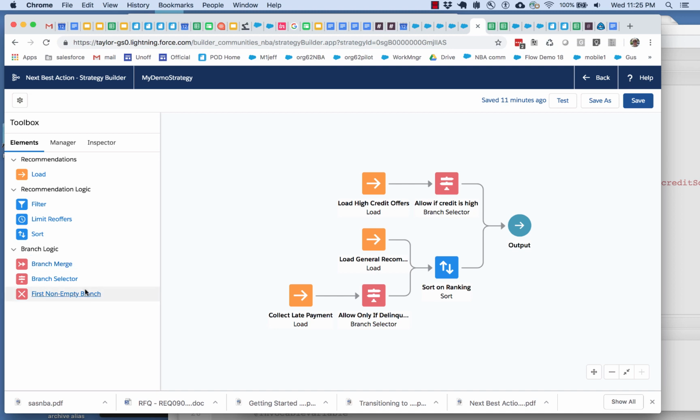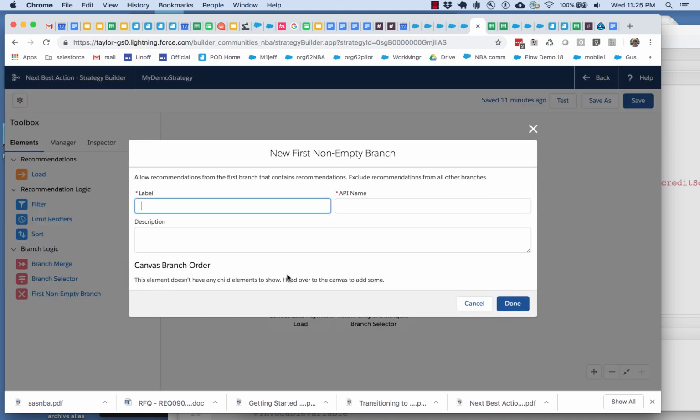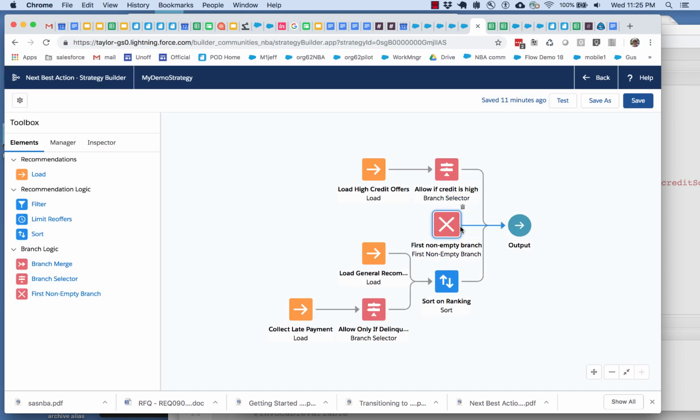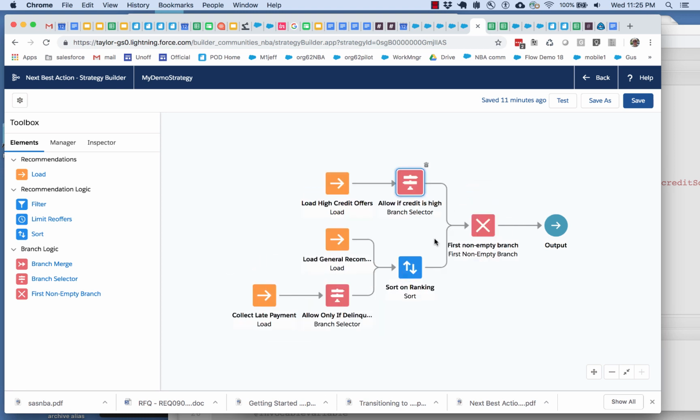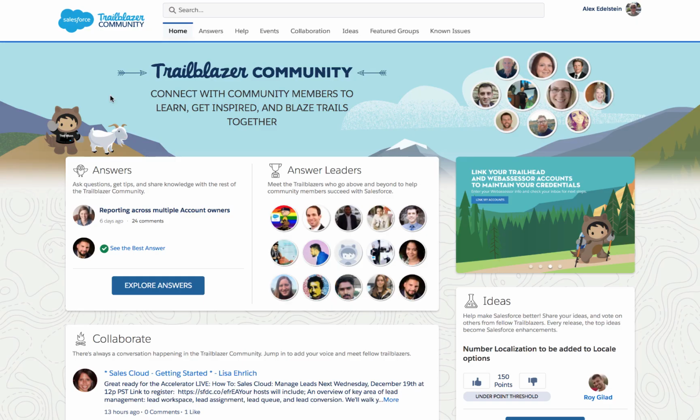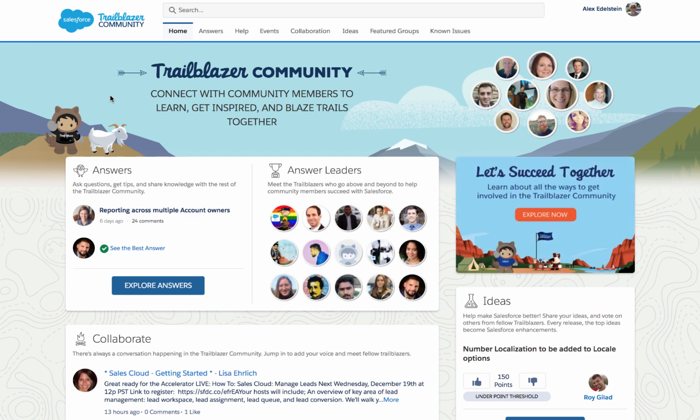And first non-empty branch is a specialty element that essentially allows you to put several branches into it, and whichever branch, resolving from top to bottom, whichever branch has results, that's the only one that's going to get through. So there is a basic introduction to Next Best Action, and I encourage you to get your hands on